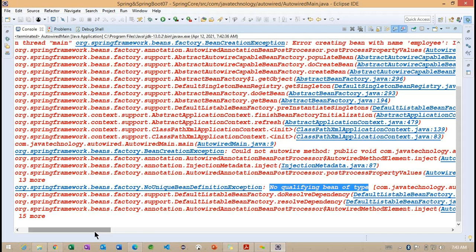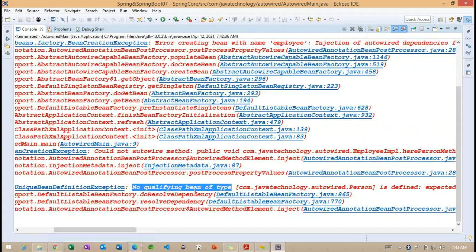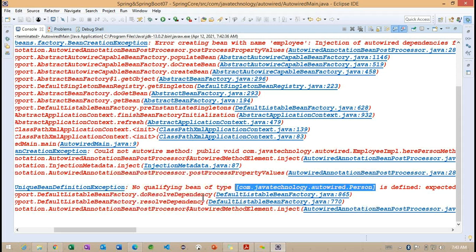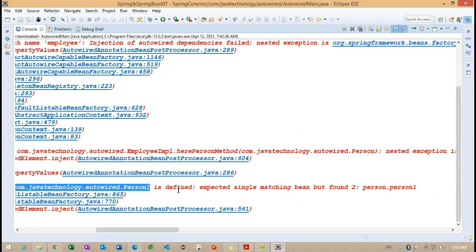Getting the point? So now what do you understand here? No qualifying bean of type Person is defined, expected single matching bean but found person, person1. Getting the point? Person, person1.